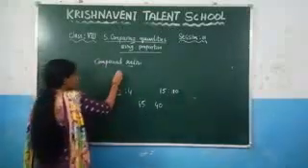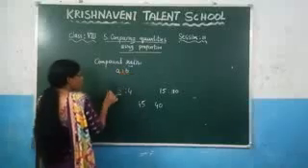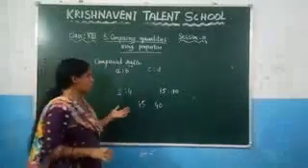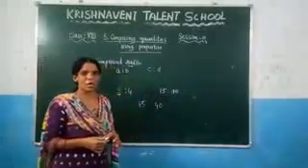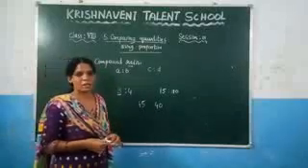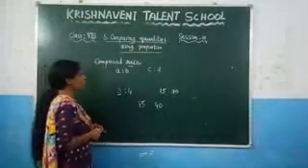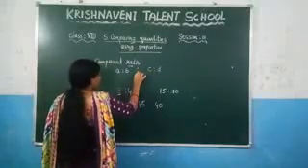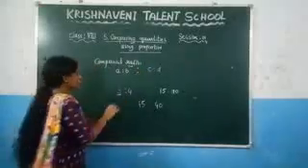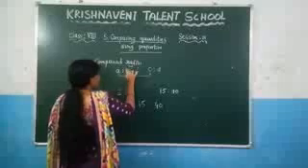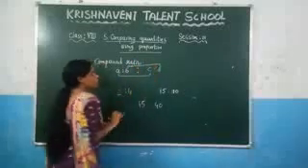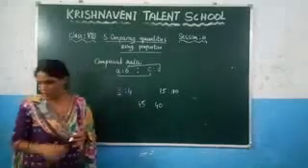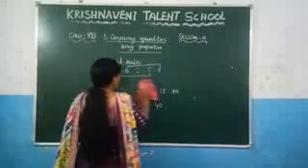So let us suppose here, if you want to find the compound ratio of A is to B and C is to D. So we have to clear the examples now. In the case of the alphabets, let us define how to find the compound ratio of the given two ratios. So the compound ratio is nothing but A is to B and C is to D. These two ratios are given. If you want to find the compound ratio, you need to take the product of the antecedents and you need to take the product of the consequents, so that you will get the compound ratio of the given two ratios. Like this, you need to find the compound ratio.